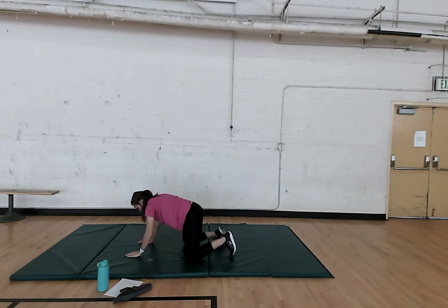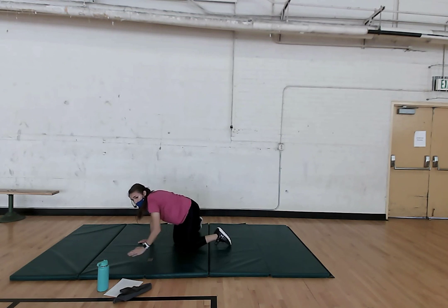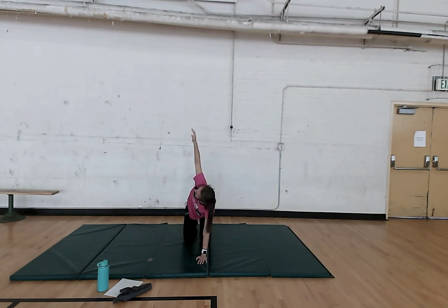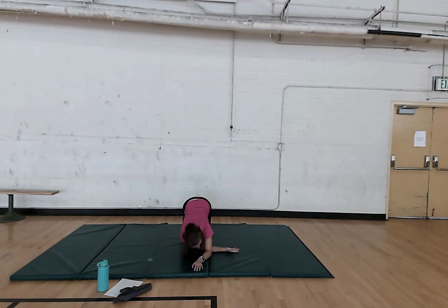Coming back into tabletop, we're going to do thread the needle. So allowing more of a shoulder stretch. Inhale, your right arm comes up. As you exhale, it'll feed through underneath your left arm. And as you allow gravity and the weight